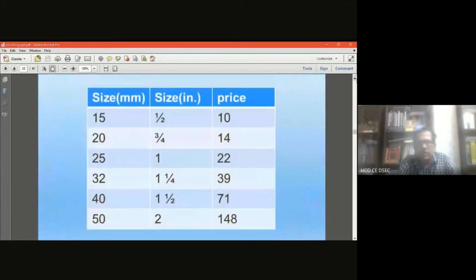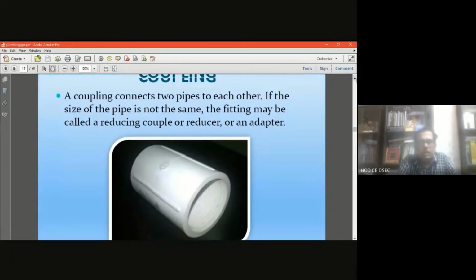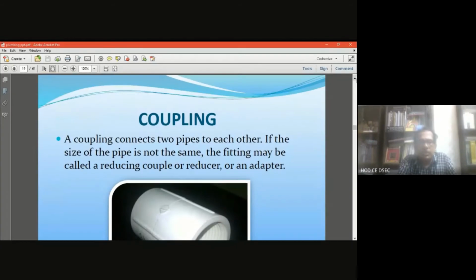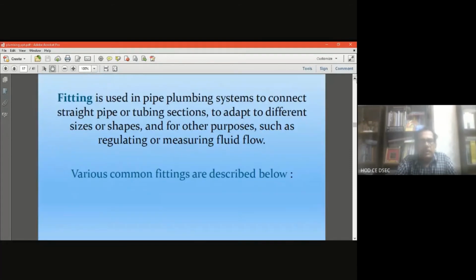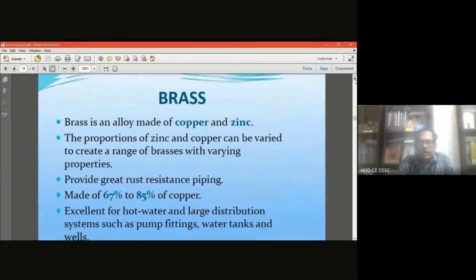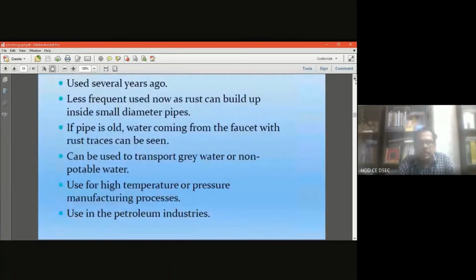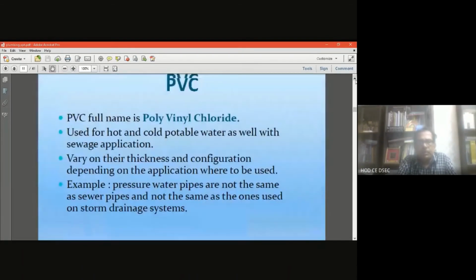Fitting means, in the third lecture you have seen the valves, various types of valves, and now I have covered all types of pipe fittings, like the bend, reducer, male thread, female thread, nipple, then the elbow. I mean to say, all the fittings related to the direction of the flow, or if there is any cross section change of the pipe in between the flow, then the connection has to be made with the fittings. Then the connection of the male thread, the nipple, we have also seen. We have also seen different types of pipes.